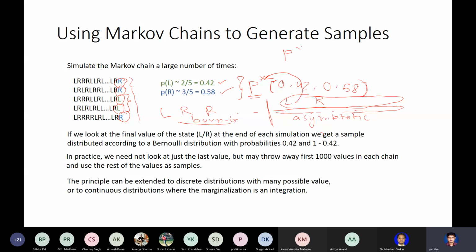So it's kind of an inverse problem. One is: given a Markov chain, given the transition probabilities, what is P star, where does it converge to. Second is: given a P star, what is the Markov chain which will converge to it? Is this the inverse problem? So suppose I look at this inverse problem. That means I want a target distribution P star. If I can design a Markov chain whose convergent probability is P star, then the asymptotic simulation of the Markov chain will give me a good sample of P star. So this is also a sampling technique, and it is called the Markov chain sampling technique.